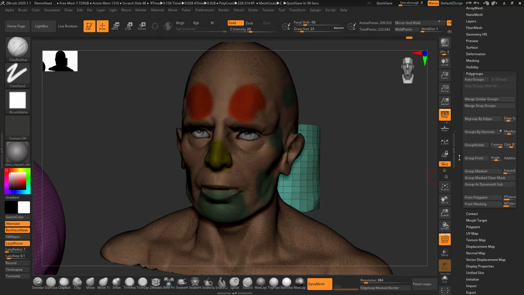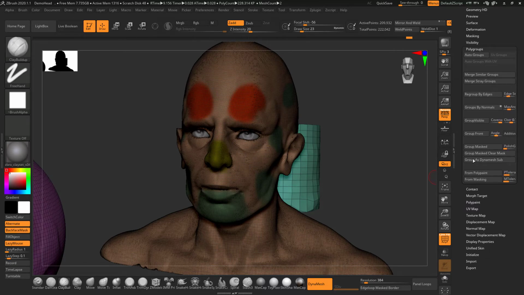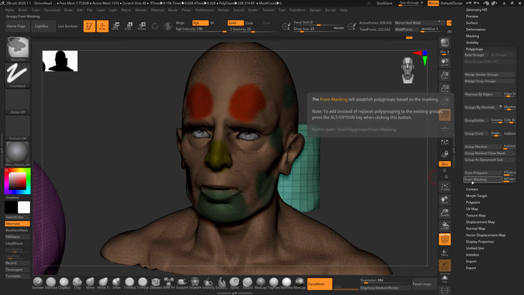You can also go to polypoint and masking.